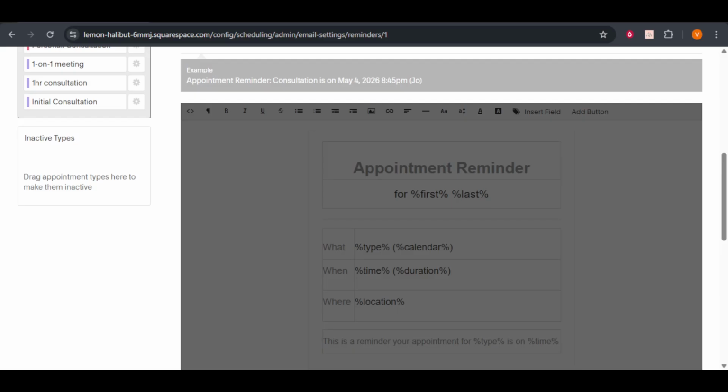After setting the time frame, it's time to get creative with the message itself. You have the opportunity to personalize these reminders, making them more engaging and relevant to your clients. Think of adding a friendly greeting or perhaps reminding them of any important details they need to bring or prepare for their appointment. Remember, a personal touch can go a long way in making clients feel valued and connected to